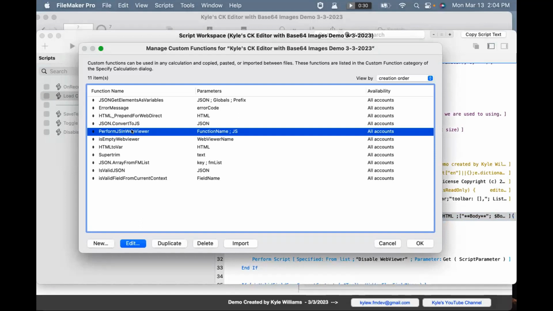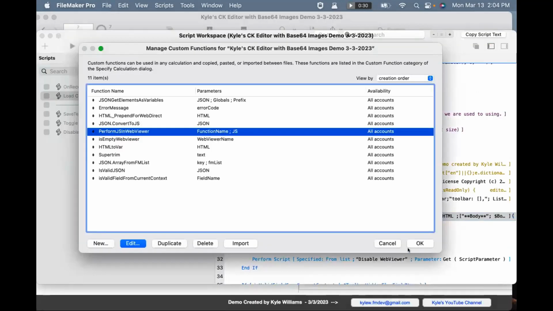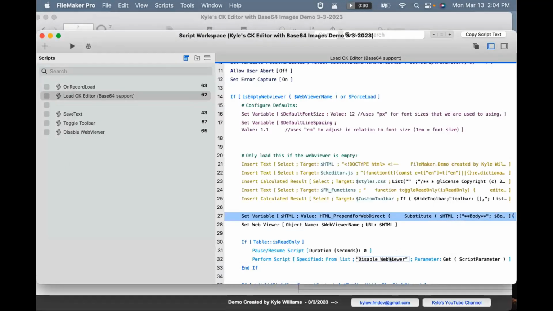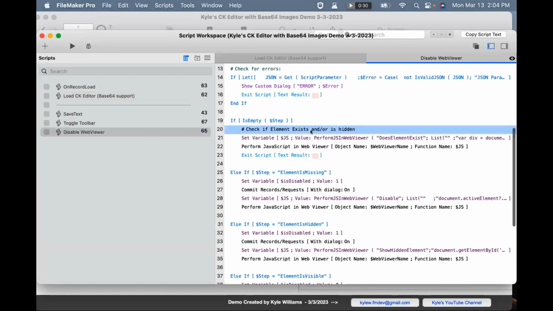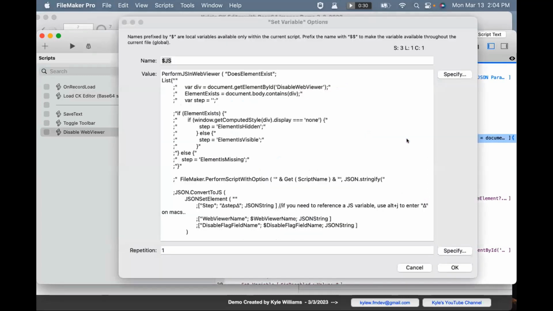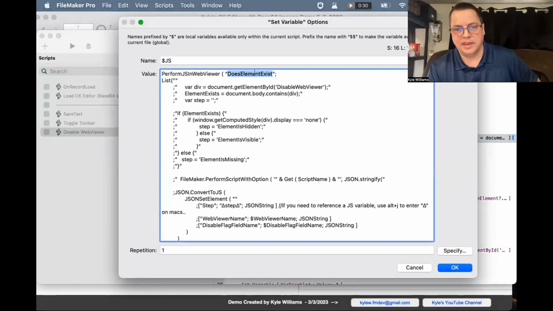Perform JavaScript in WebViewer. Pretty simple function. Basically, what that does is it allows you to disable the web viewer. So if I go into the disable web viewer, this is perform JavaScript in web viewer, and it allows me to create this function on the fly inside of the FileMaker script. And so I can name it. The name doesn't really change what it does. It doesn't really do anything other than allow you to identify it and know what it's about to do. So here, I know it's going to look to see if an element exists,